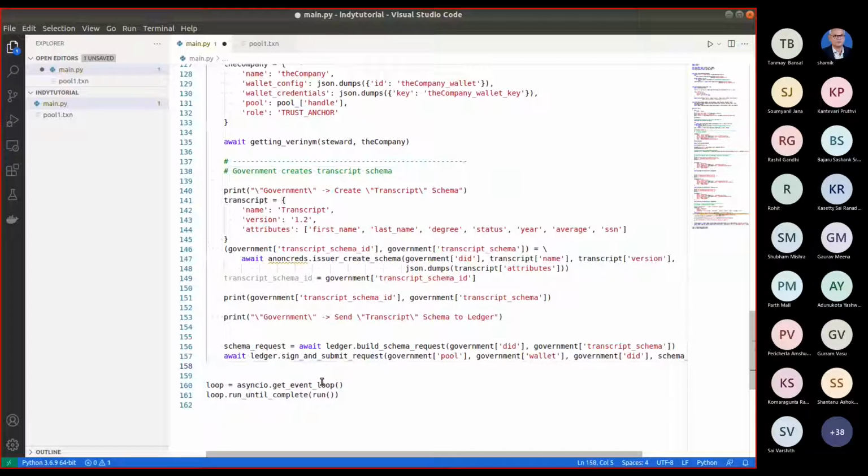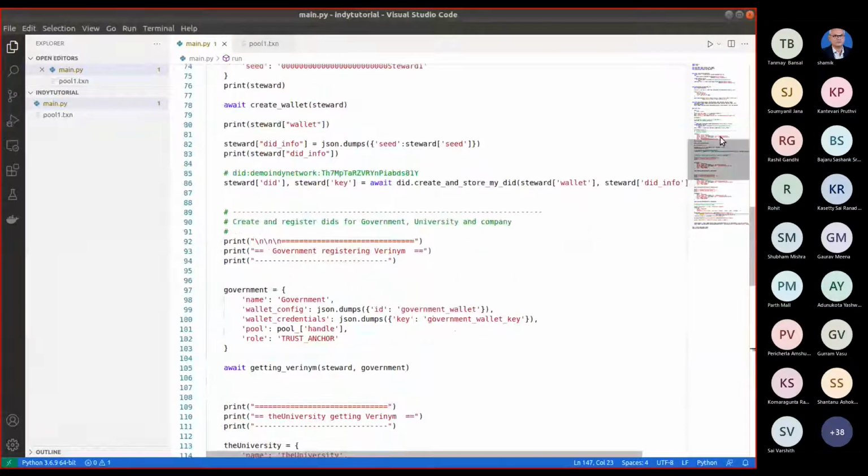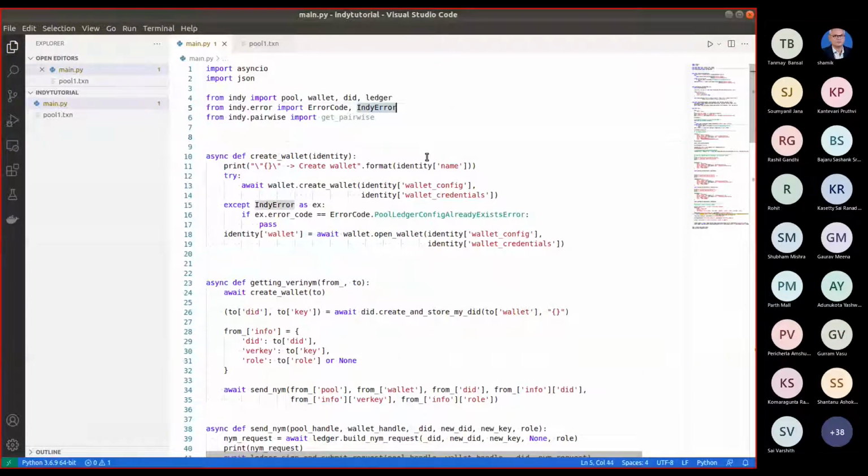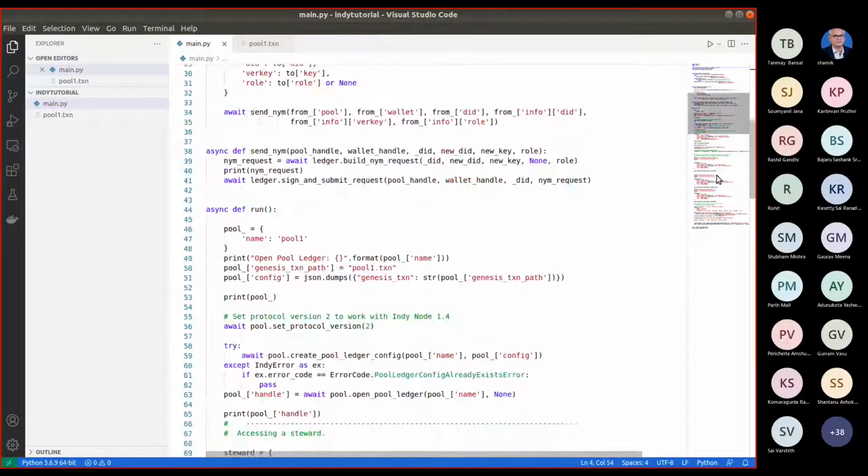Okay, we need to import certain stuff. So anoncreds is also a part of Indy. It is a library provided by Indy, which will be used for handling the credentials. Schema is also a thing associated with credentials, so it is present inside this anoncreds library.